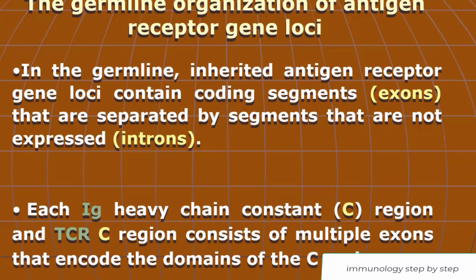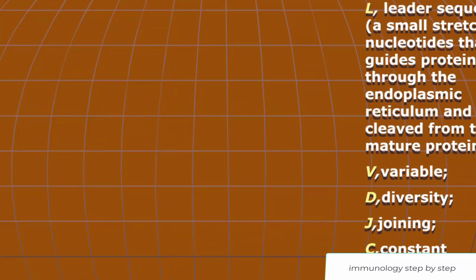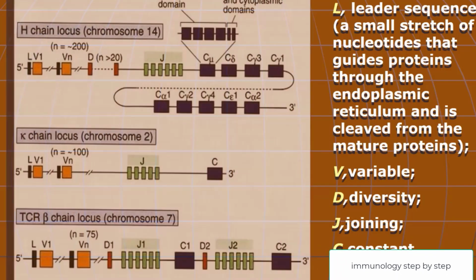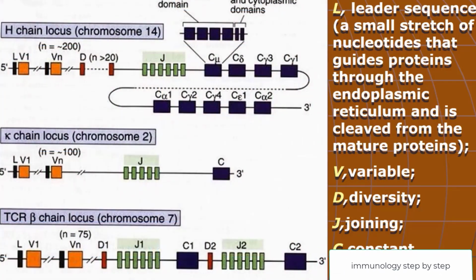The Ig heavy chain constant C region or TCR C region consists of multiple exons that encode the domains of the C regions. L, leader sequence, a small stretch of nucleotides that guides the protein through the endoplasmic reticulum and is cleaved from the mature protein. V variable, D diversity, here the H chain,